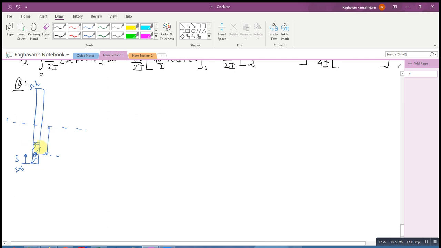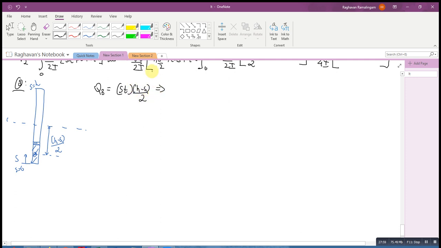h minus s by 2, because it is nothing but h by 2 minus s by 2, so h minus s by 2. So this is what I have. So then again, doing the same process again, q3 equals area, which is st, into h minus s by 2,